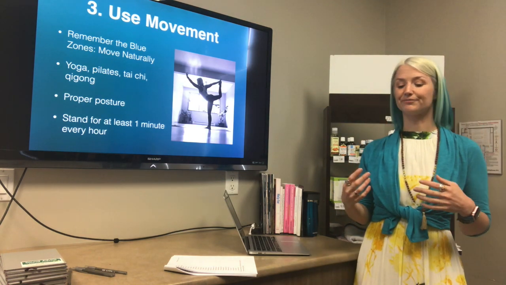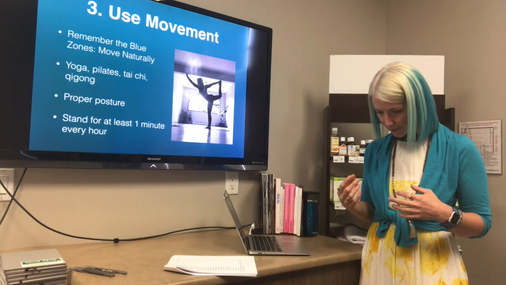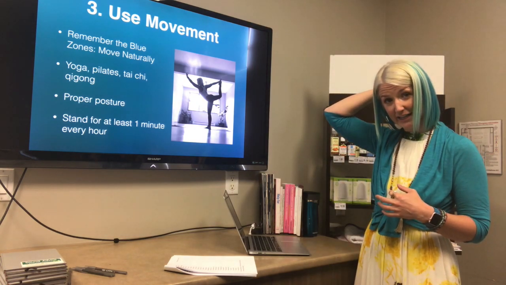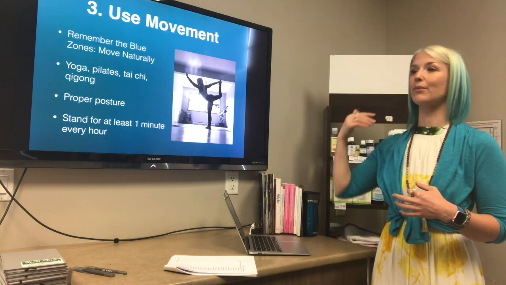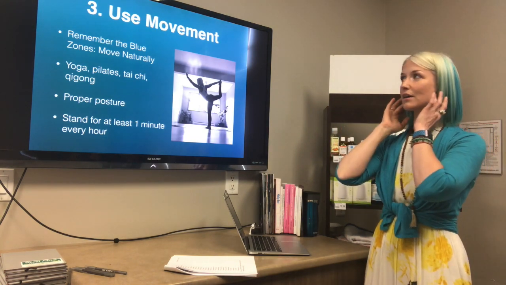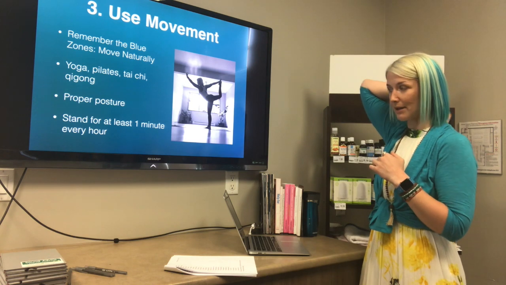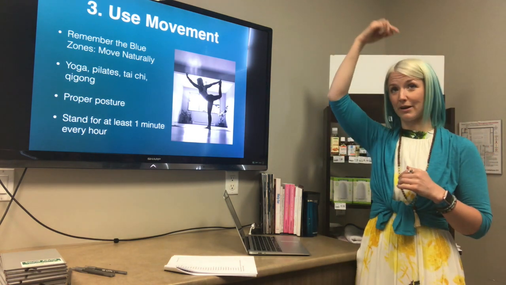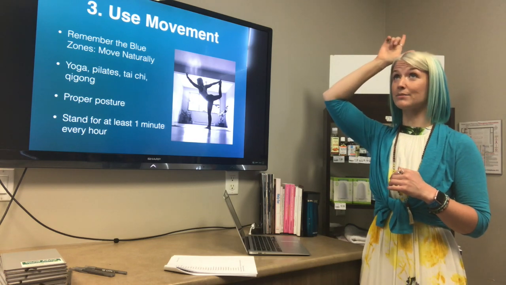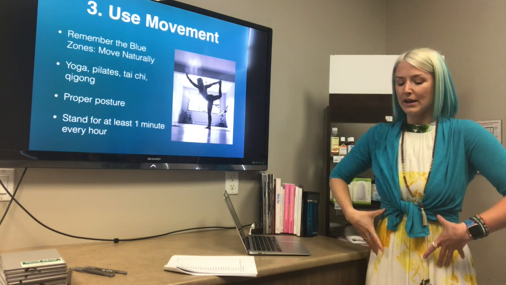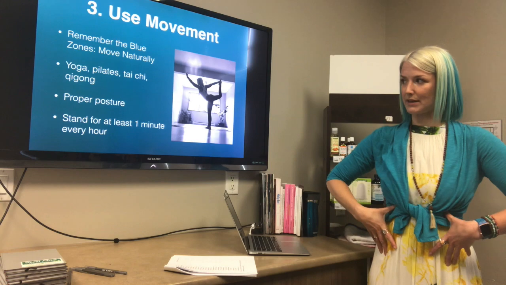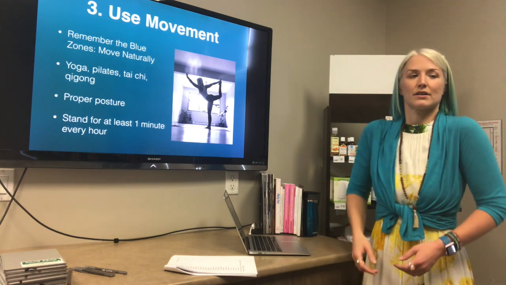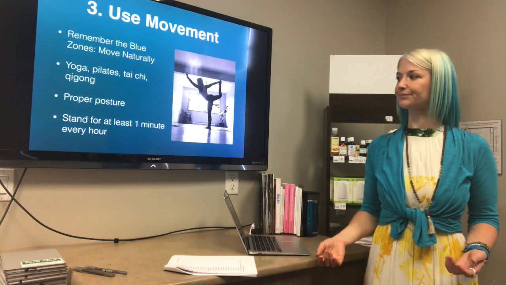Proper posture. So for every inch forward that your head hangs, there's 10 more pounds of pressure on your neck, on your spine. So having proper posture where your skull is directly above the cervical spine. So in yoga, we talk often about there's a string coming from the top of your head and it's being pulled up. You want to increase the space in between the ribs and the hips, nice and tall. And shoulders are back, but not forced back. They're nice and rolled back.